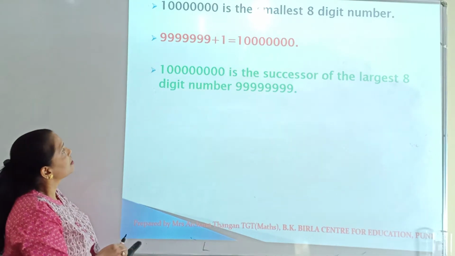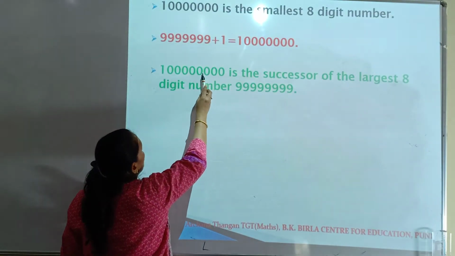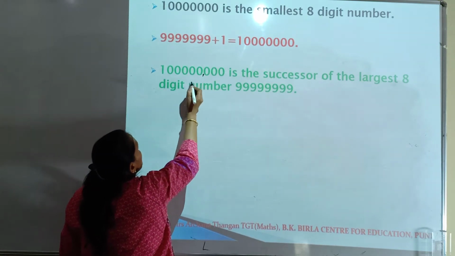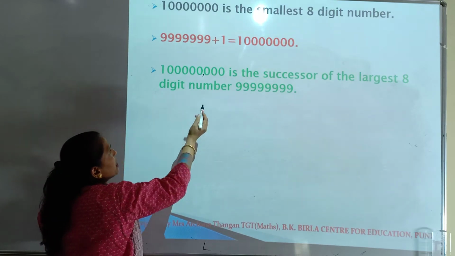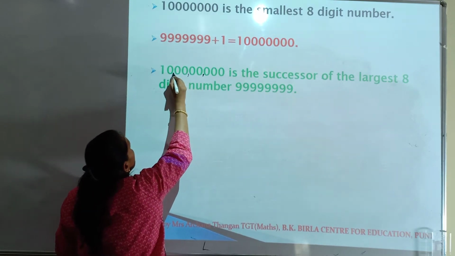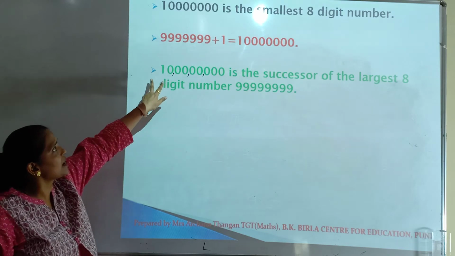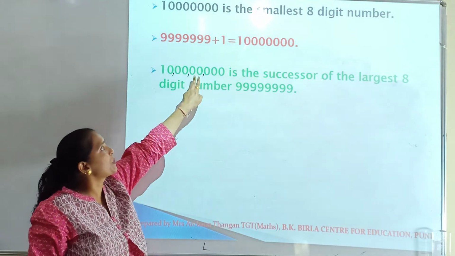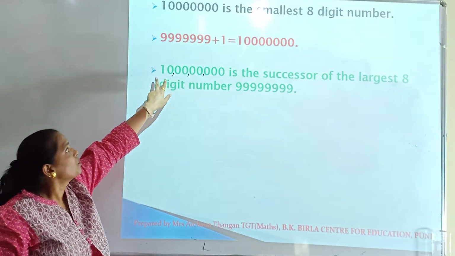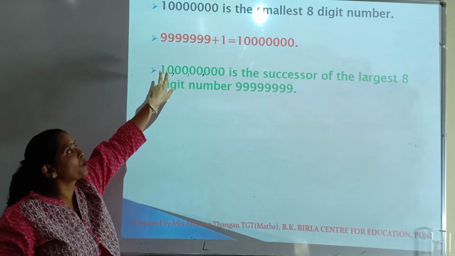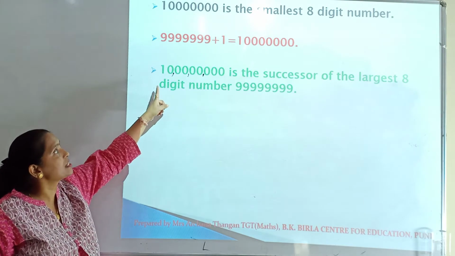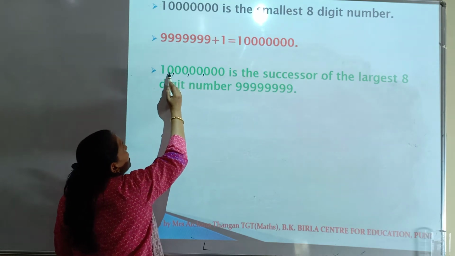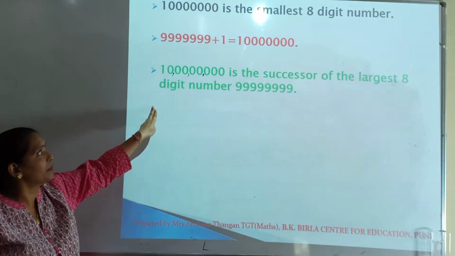And here is 1, 2, 3, 4. I am going to put commas according to the Indian system. You know how to put commas: first from the right side 3 digits and then 2 digits. So this is 10 crore. This is the crore period, this is the lakh period, this is the 1000 period, and this is the ones period. So we have 10 crore. How many digits is this number? 1, 2, 3, 4, 5, 6, 7, 8, 9. This is a 9 digit number.